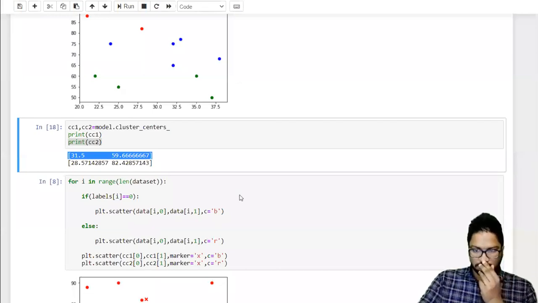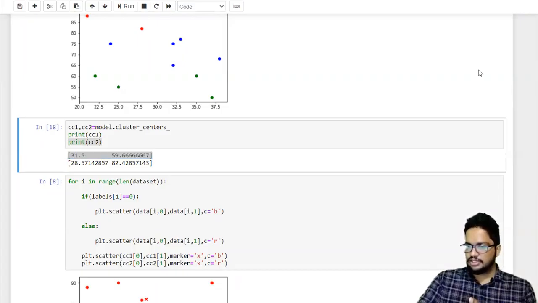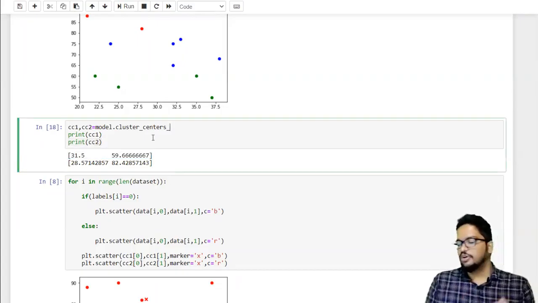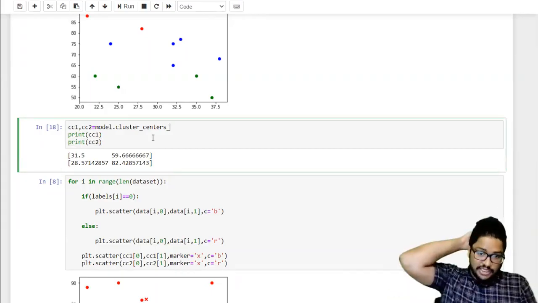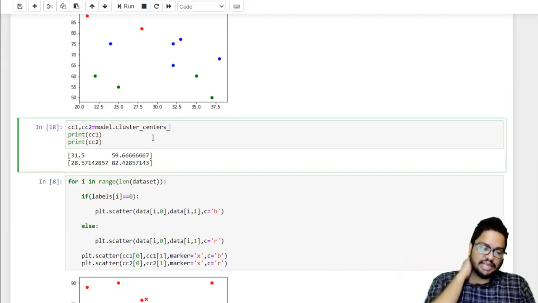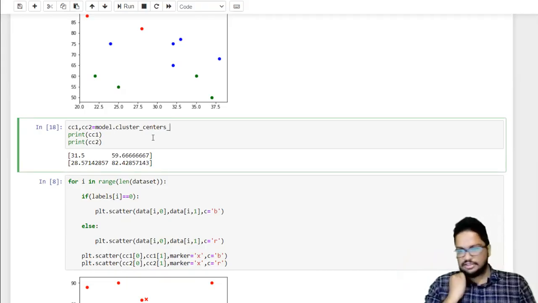Yes, the x and y means the features. So we have 2 features, right? That's what it represents. If you have 4 features, there will be 4 coordinates. If you have 10 features, there will be 10 coordinates in each cluster center, right? So the coordinates that you are going to get in each cluster center will be equal to the number of